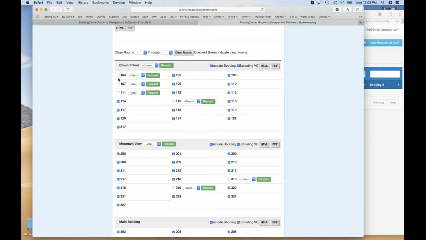You'll notice that, for example, room 104, 107, and 111, they're all part of a group that I have named ground floor. I've just grouped these rooms into a grouping called ground floor. If I have a specific housekeeper that I want to associate and give these housekeeping tasks in a group, then I use the user drop down from the group and I apply that particular housekeeper. And if I click the word request, then what it does is it makes individual requests for all of these